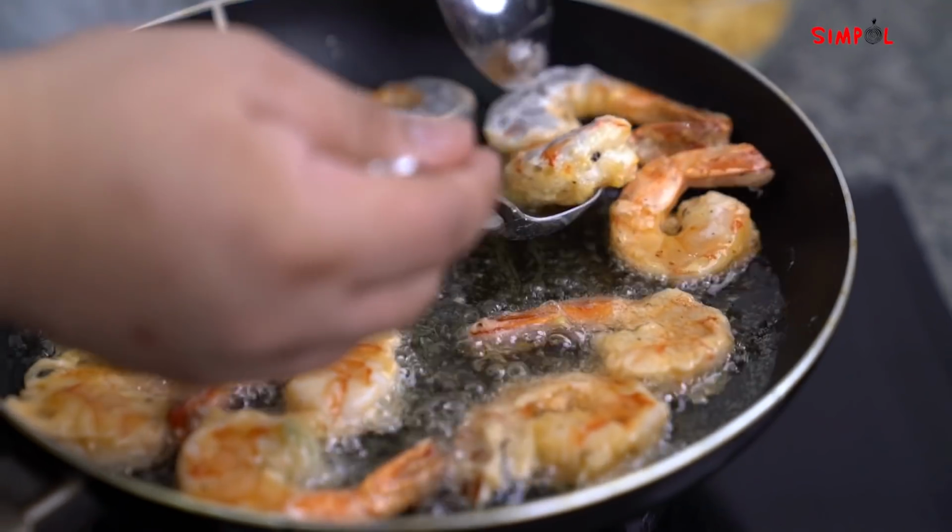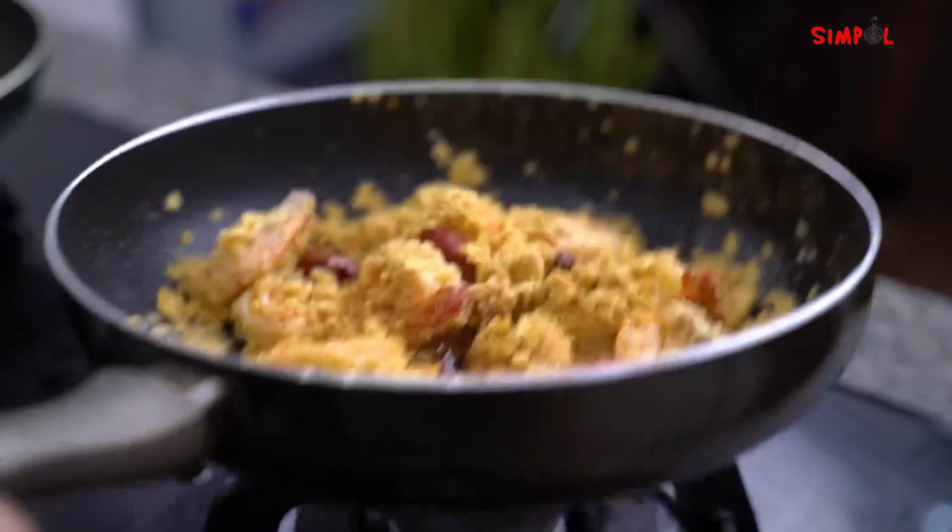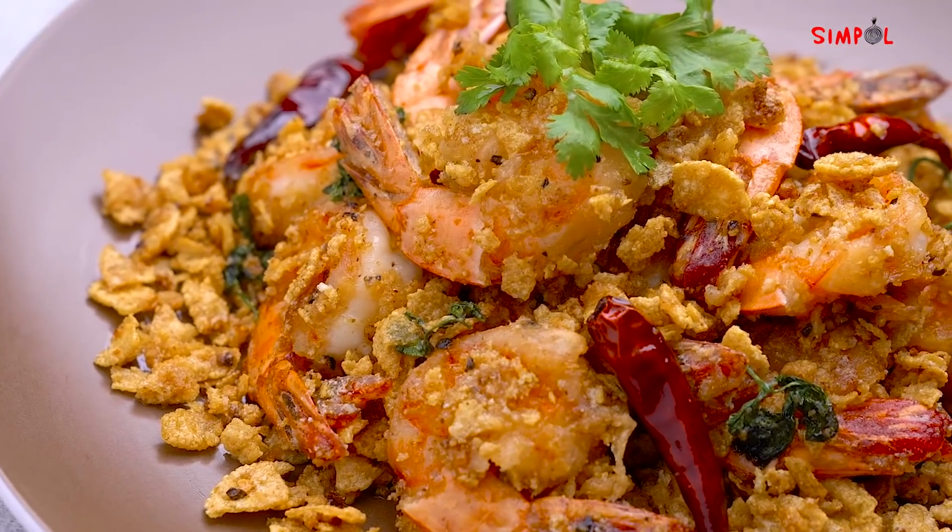Isa namang Singaporean specialty ang gagawin natin ngayon sa Simpol. Gagawa tayo ng cereal prawns for you. Simpol, luto na